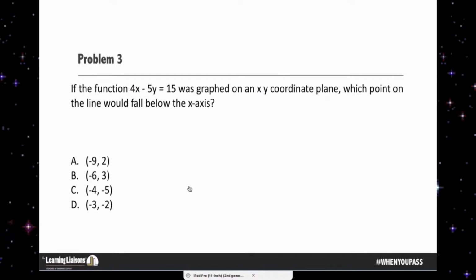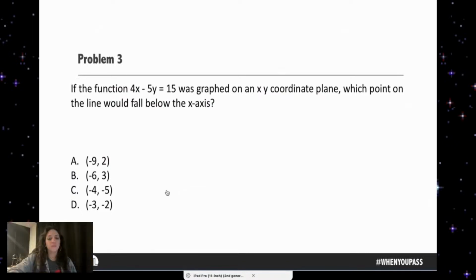If the function 4x minus 5y equals 15 was graphed on an xy coordinate plane, which point on the line would fall below the x-axis? (-9, 2), (-6, 3), (-4, -5), or (-3, -2). All right. So